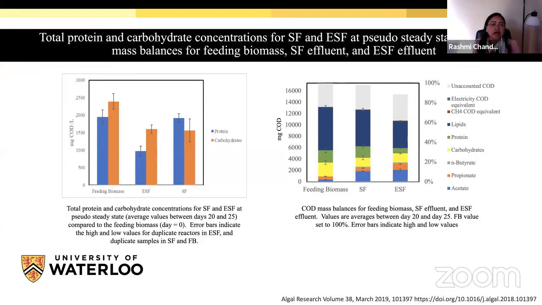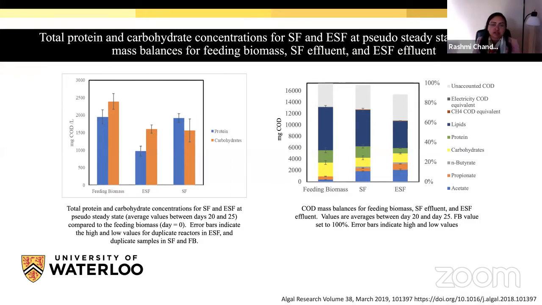Any student can ask: protein is degrading, carbohydrate is degrading, but why is lipid not degrading at the same rate as carbohydrate and protein? The answer is that lipid degradation takes time, but protein and carbohydrates degrade faster than lipids. When we operate the reactor, we have to design the hydraulic retention time at a level so that most of the organisms present are protein degraders or carbohydrate degraders, and we need to avoid the lipid degraders, which mostly come in the later phase.